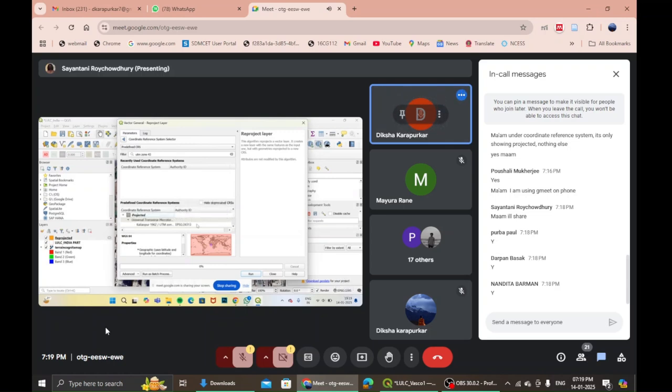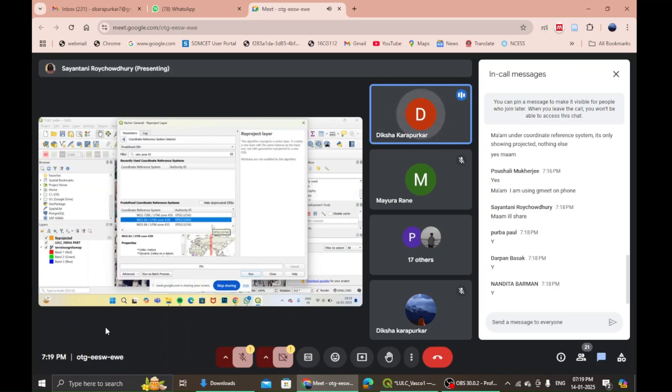Scroll down. There you go. WGS 84 zone 43 N, the lower one, N, because the other is for the southern hemisphere and a different system altogether. WGS 84 slash UTM zone 43N, the next one we have to choose. This is the upper one. 41S means southern. Yes, this is correct.